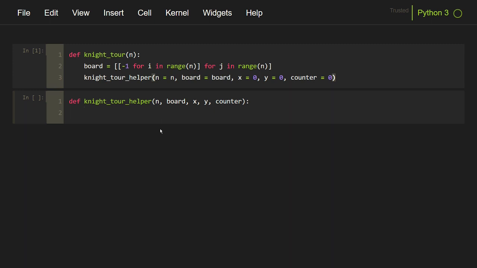So let's first intuitively understand. We need to visit all the cells in the chessboard, all the unique cells in the chessboard. So our aim is to make this counter equal to n into n. And if this happens, we will return true. So this function will return a boolean value,